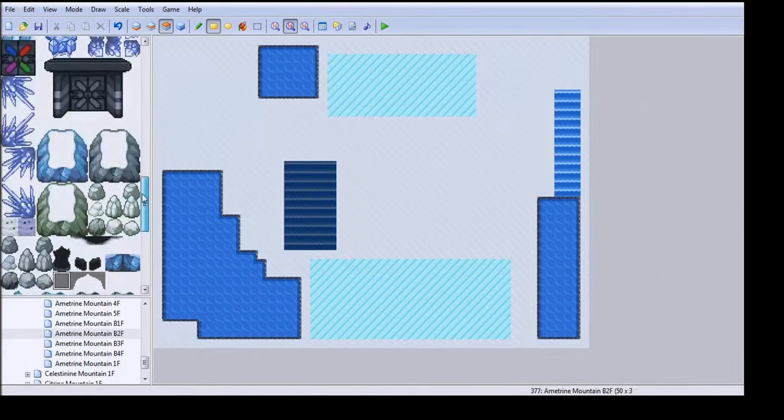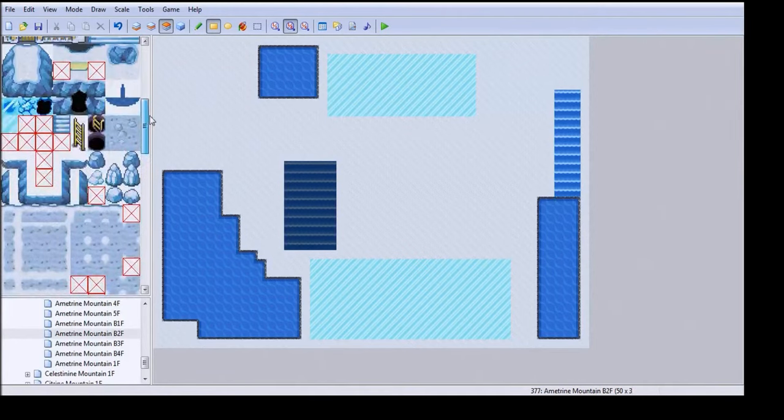And then there's a bit in the front. This is why there's no water in front of this waterfall, because it's going down to the floor below. It's also coming down from the floor above. So there's that, and then I know that these tiles are going to be...